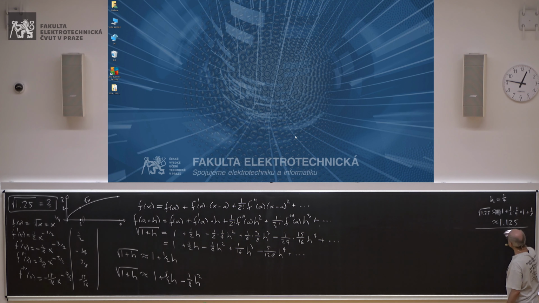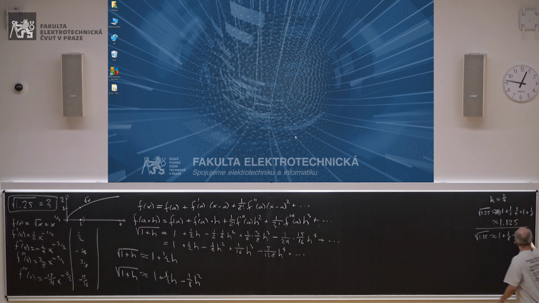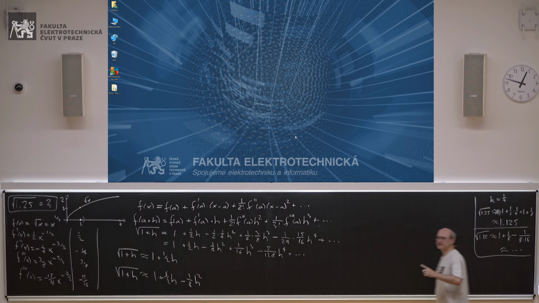Or I can try to use the second formula. 1.25 is about 1 plus 1 over 8, let's cut it short, minus 1 over 8 times 16. Wow, that's a huge number. That's some number. If I had a calculator on me, I could calculate it, but I don't really care. So as you can see, I can use the Taylor polynomial to obtain approximations, but the key question is now,